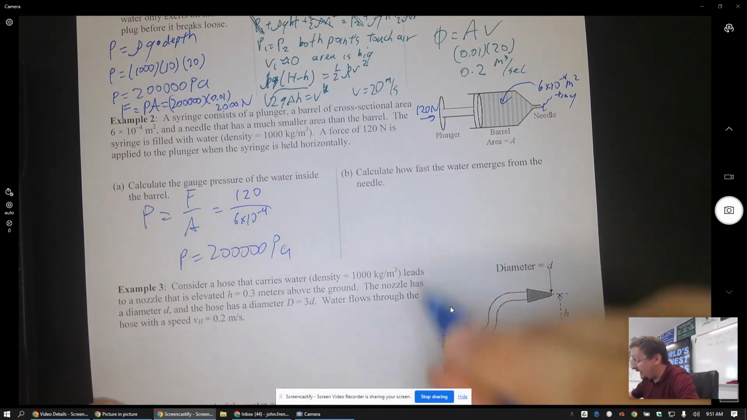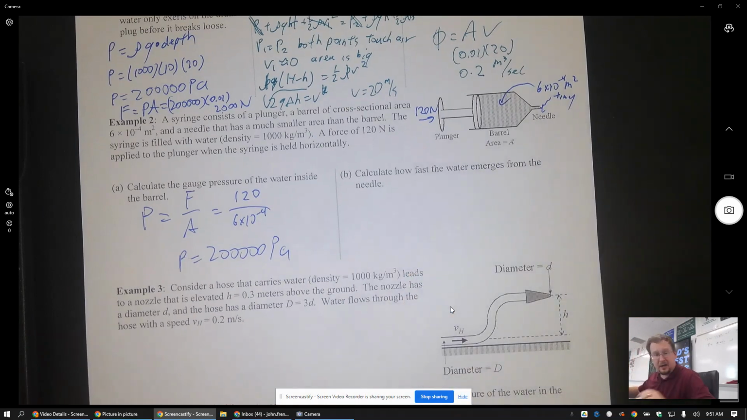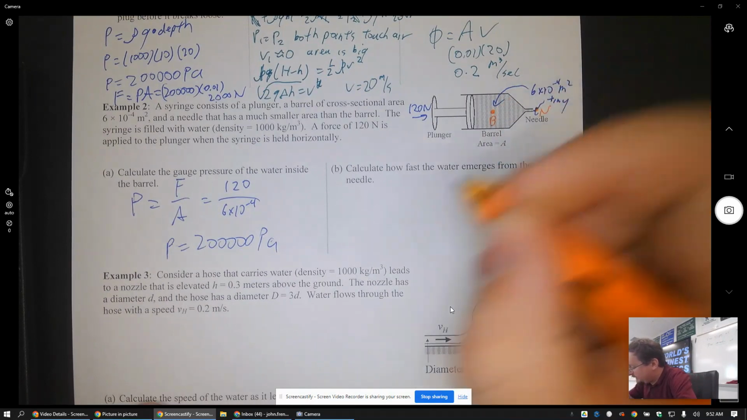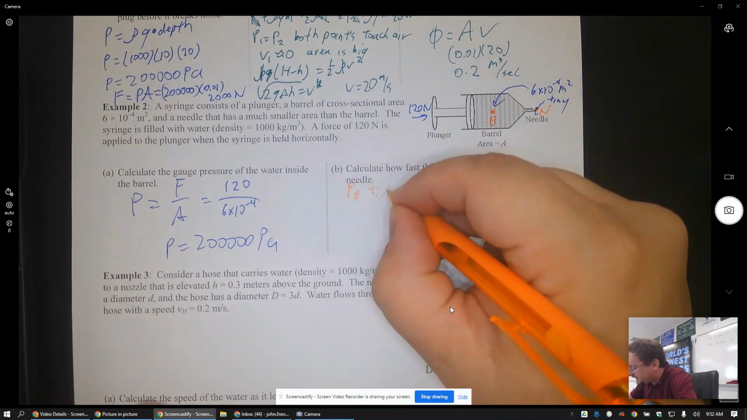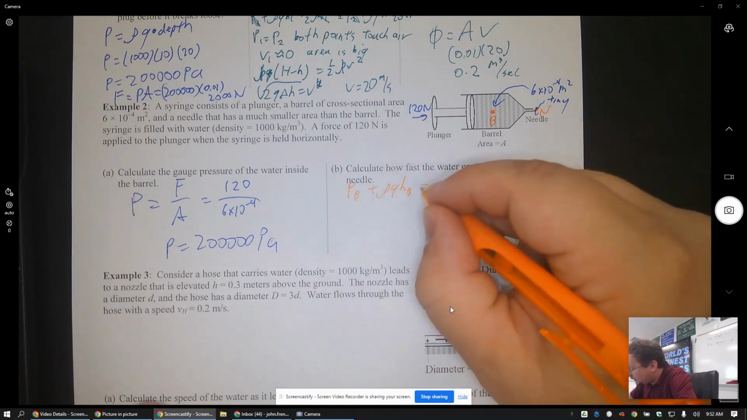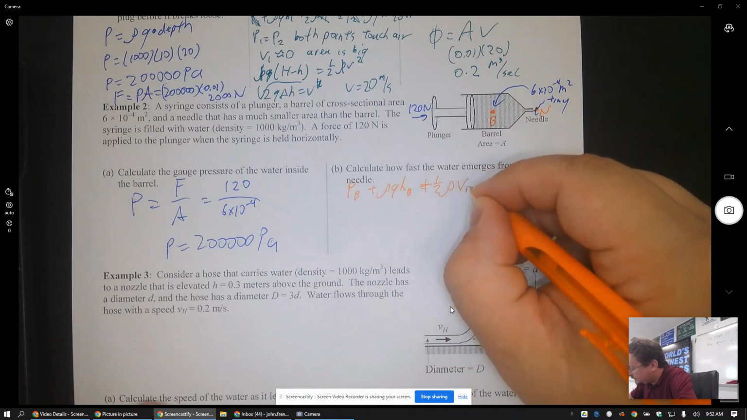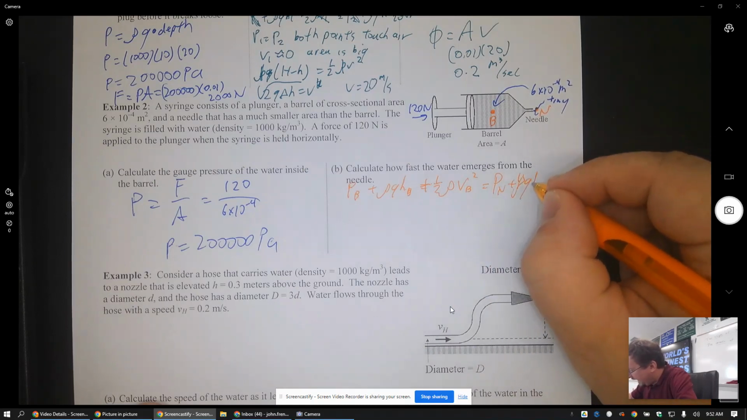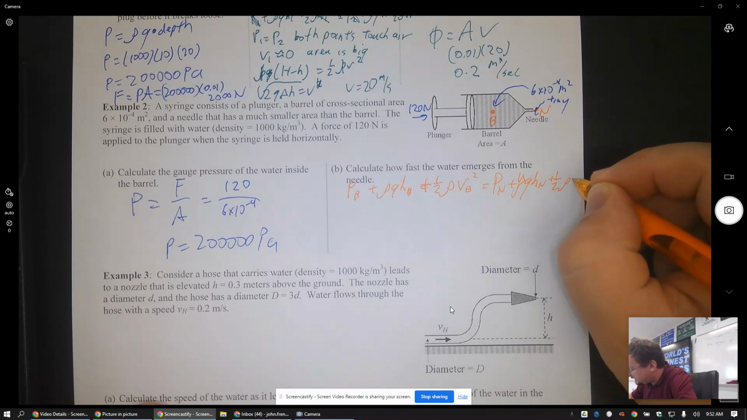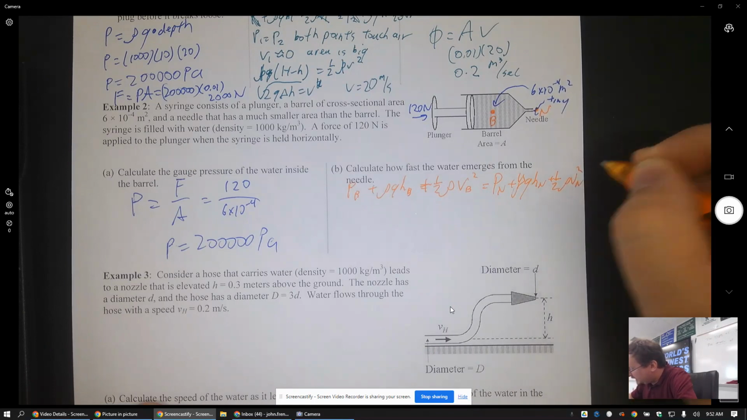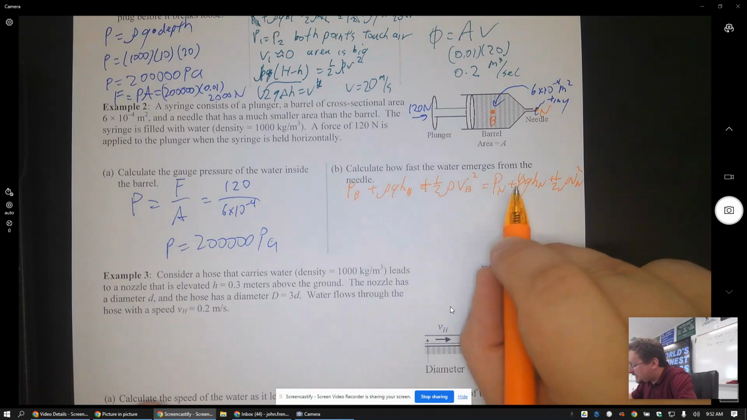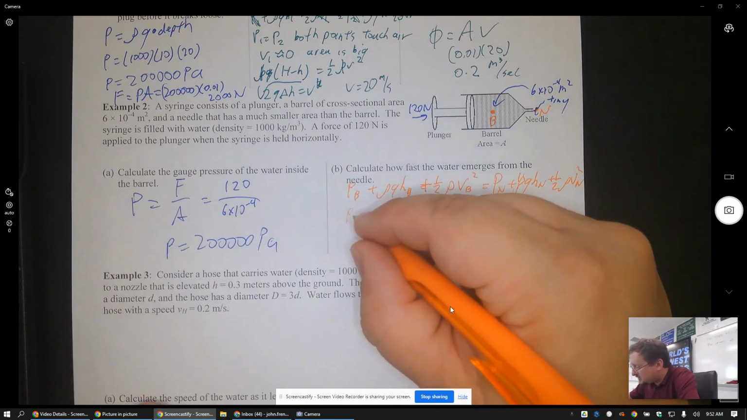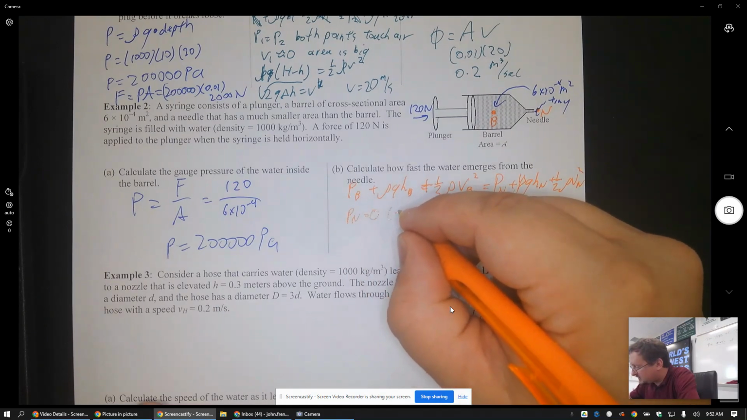Okay. Now, how fast does the water emerge from the needle? I'm not going to use 1 and 2 this time. I'm going to use B for barrel and N for needle. Pressure in the barrel plus density, gravity, height of the barrel, plus 1/2 density, velocity of the barrel squared equals pressure at the needle plus density, gravity, height at the needle plus 1/2 density, velocity squared at the needle. Now the pressure at the needle, because we're using gauge pressure, is 0 because it's touching air,